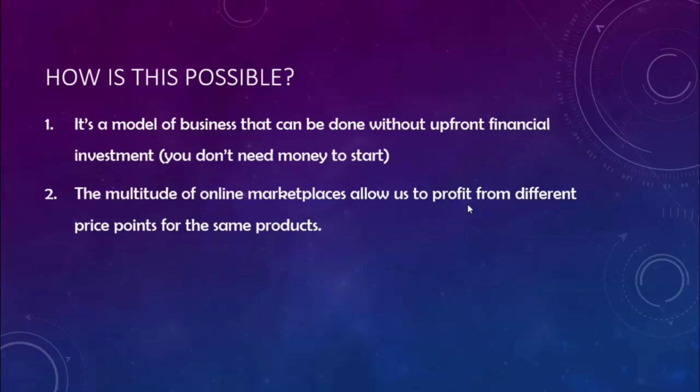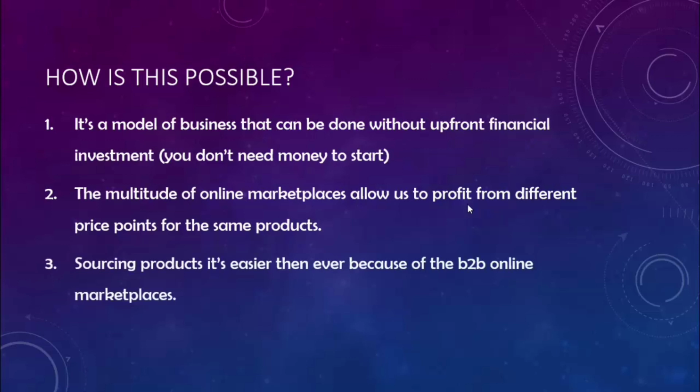Okay, so for example, a product that in the United States is sold for $15, it's very likely that in Europe can be sold for $20, but in India it's sold for $5, and maybe in Japan it's sold for $25. Okay, and we can easily profit and juggle with these prices, so we can actually take a profit from this.